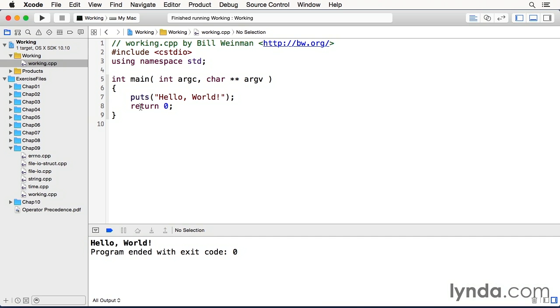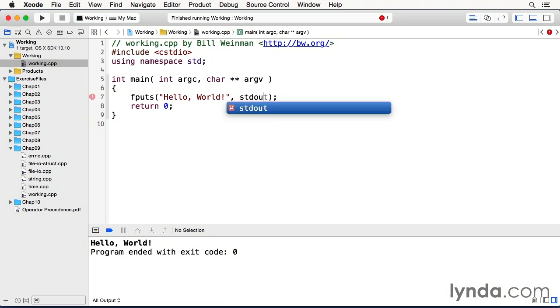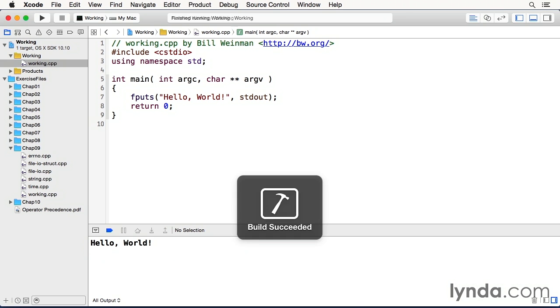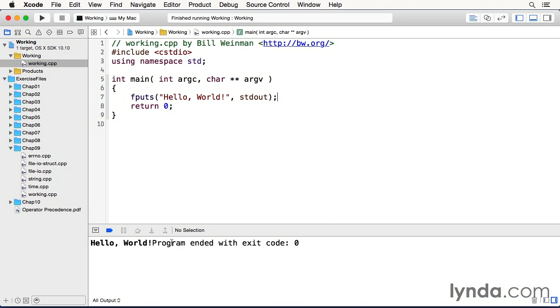So there's another function called fputs, which does not add a new line and does not flush the buffer. And it also does not default to standard out. You can give it any file handle at all. And so here I'm going to just give it standard out so that it'll operate exactly the same as puts. Well, not quite exactly, because you'll notice when I build and run, program ended is now on the same line